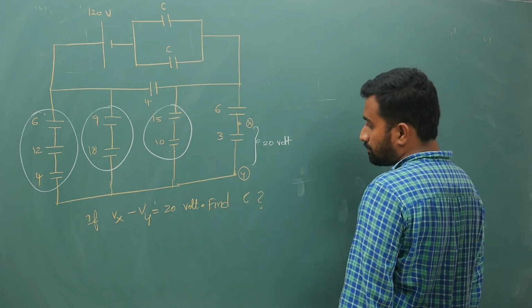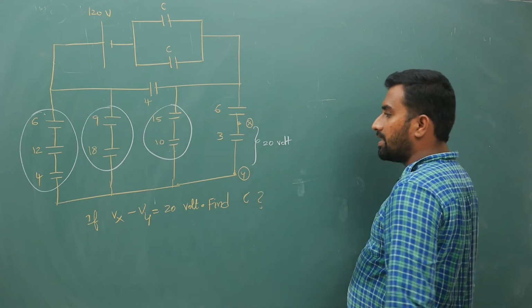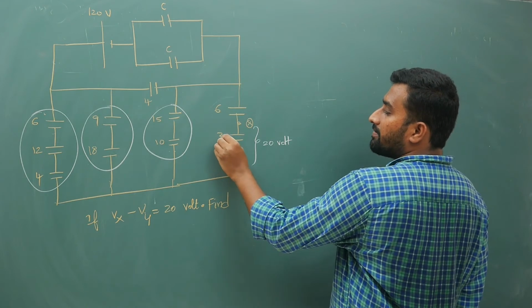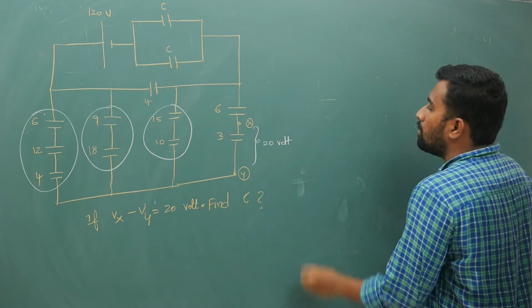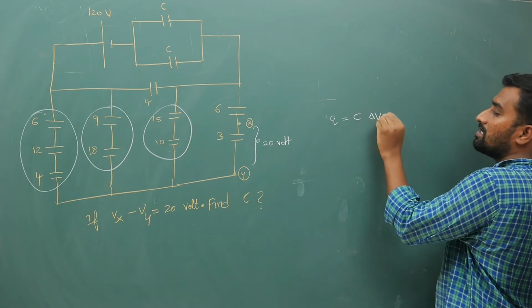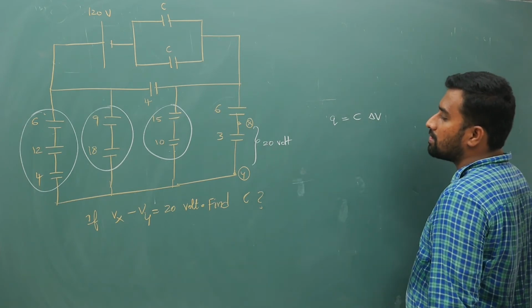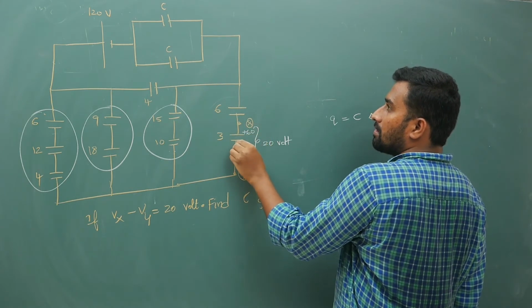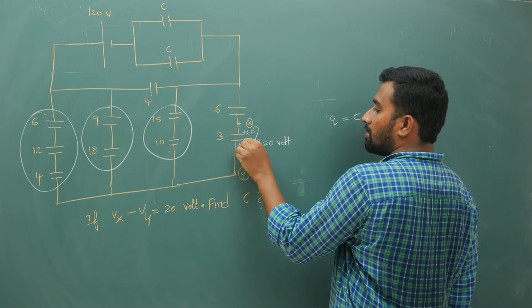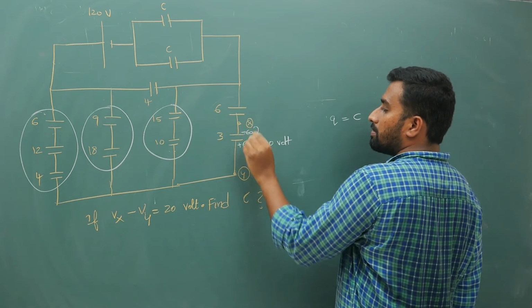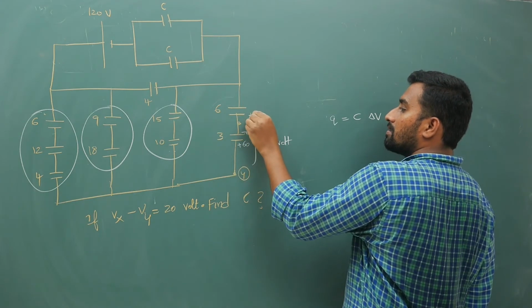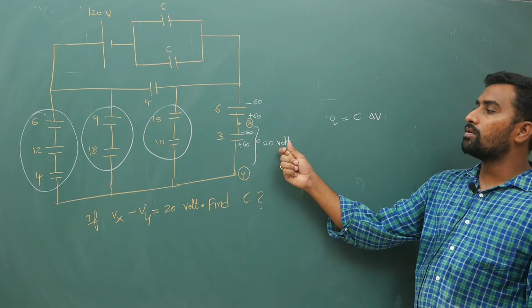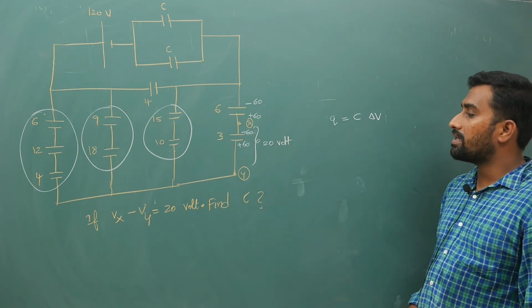Because this is given as 20, your potential difference is given and your capacitance is given as 3, right? So your Q is C times potential difference. How much is the charge on this? 20 into 3, it is 60. It will become plus 60 on the bottom, minus 60 on the top. Because these two are in series, once again plus 60 and minus 60. Here only this 20 volt information is given, so that is why I am trying to simplify it.